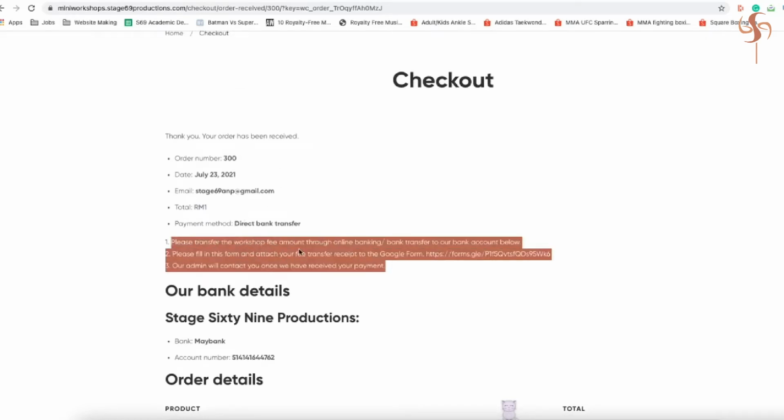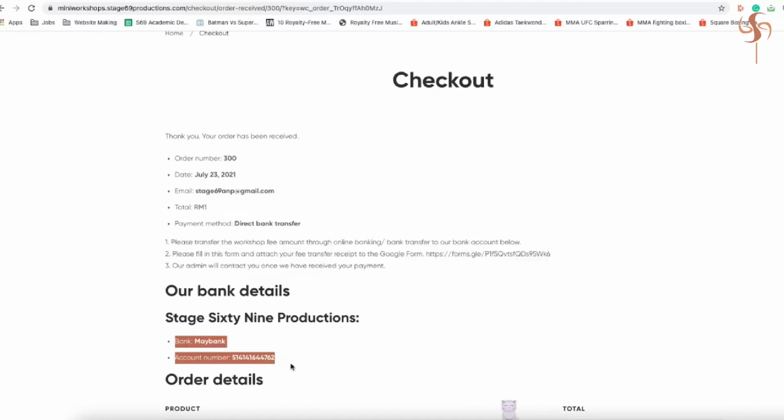Please transfer the workshop fee amount through online banking or bank transfer to our bank account below, which is this one. Okay, we are using Maybank and this is our account number. Please fill in this form and attach your fee transfer receipt to the Google form. So what you need to do is you are going to either click on the link here or you just